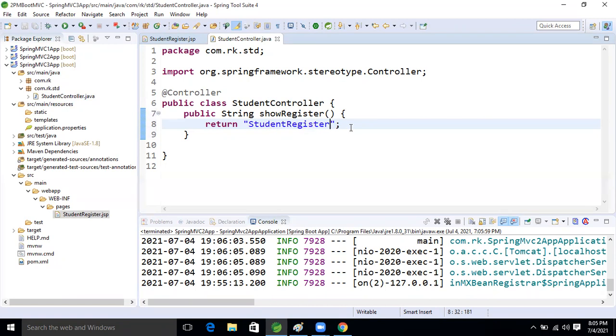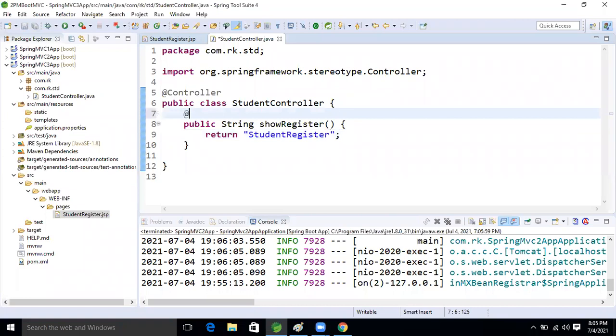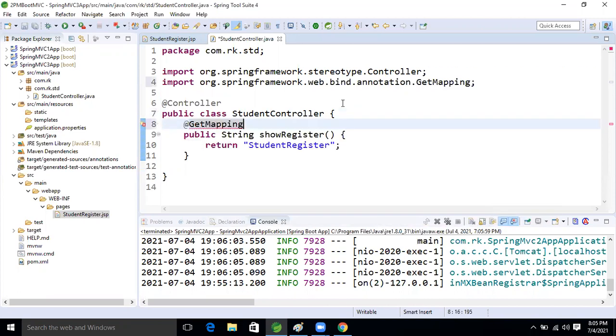Spelling is correct. Now first we will make the request GET type. GetMapping annotation we will take. Inside that let's take the register URL, right? Good. So fine now guys, so good.